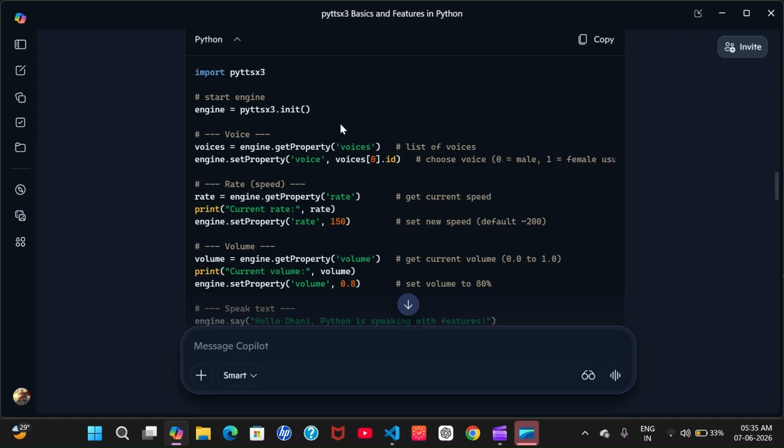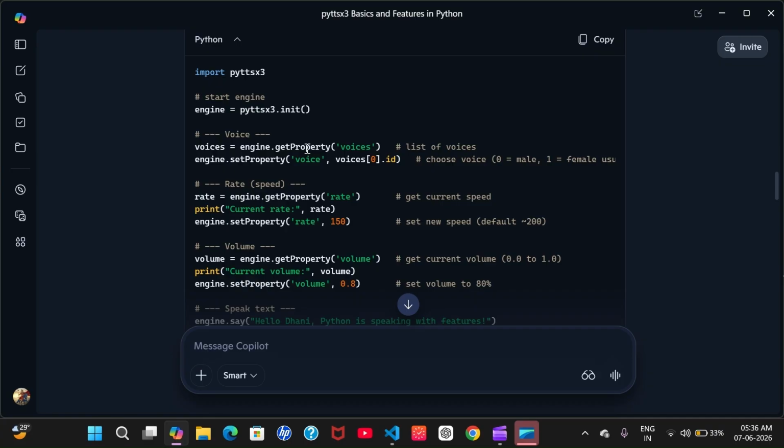Then you have to import it in your code. And then to use this, you have to start the engine, like initiate it, your voice system will be activated by this line. Then how to change the properties, how to change the voices, in this way.